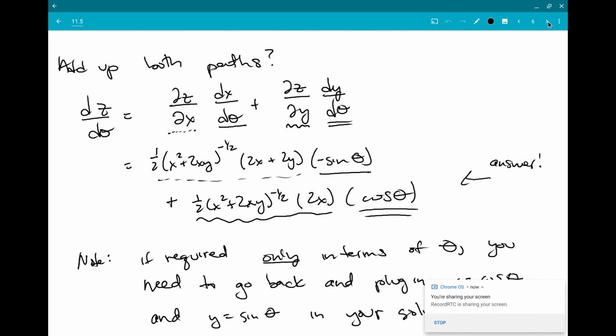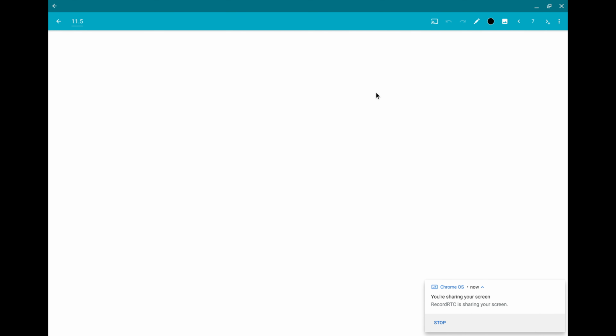All right, now we're going to do a really complicated kind of chain rule problem so that you can see one with many more variables. And so we're going to try to find